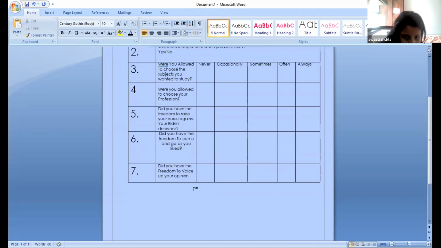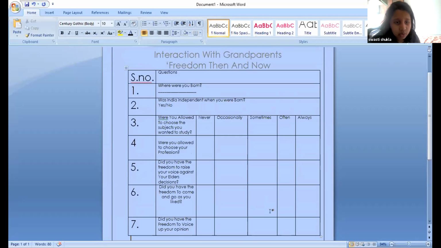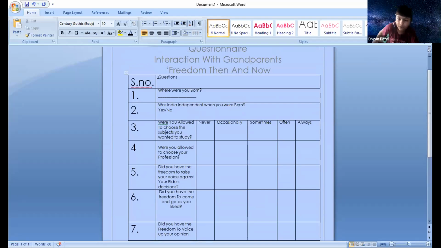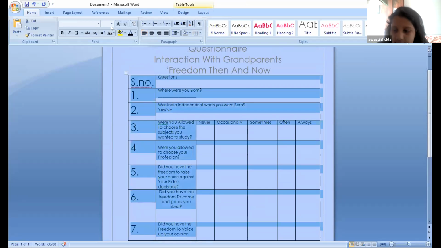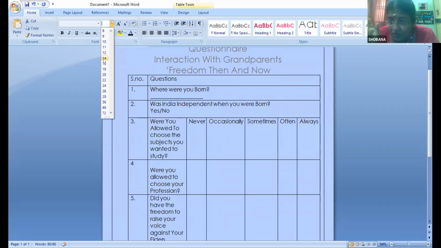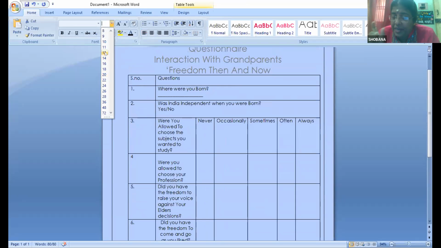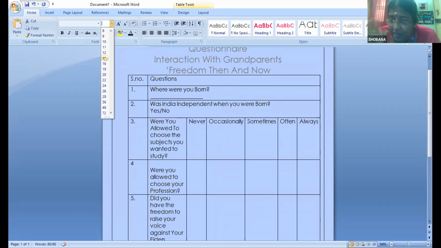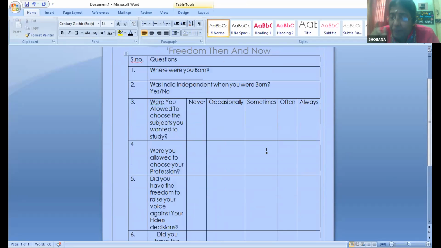Very good. I have extra questions also. I have 5 questions, and 3 sub questions in question 3. That's why I'm telling you, under each heading, Swasti, like freedom to express, frame 3 questions under that. Then freedom to choose, frame 3 questions. Then you will get almost 15 questions.